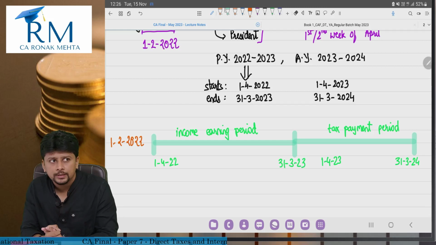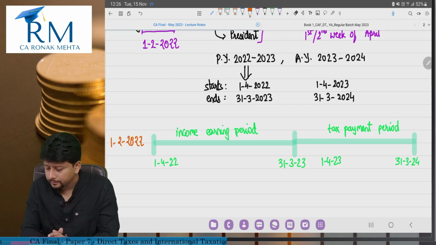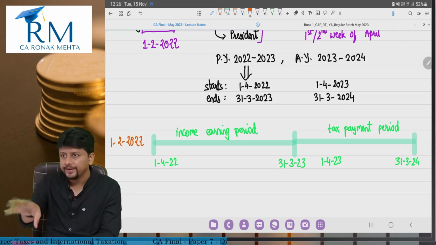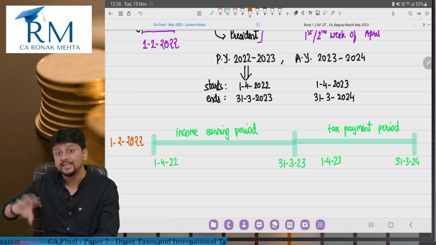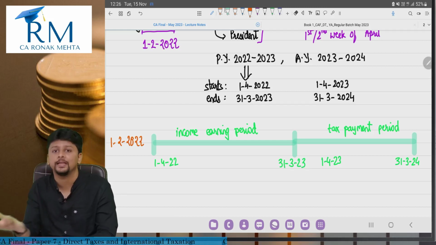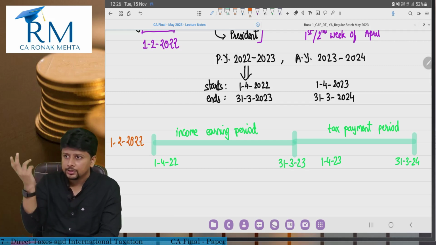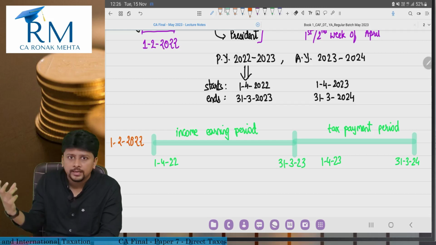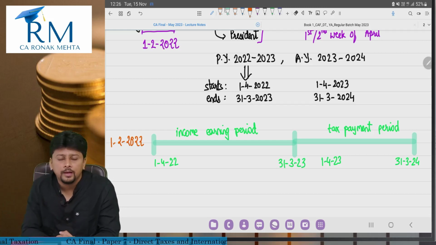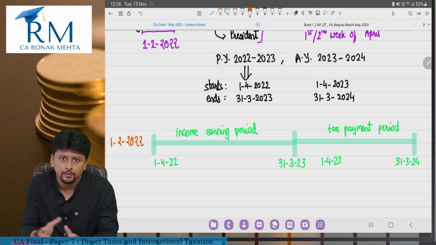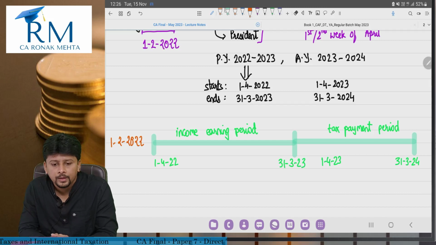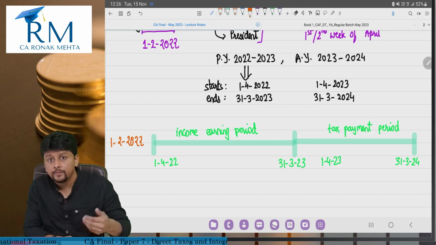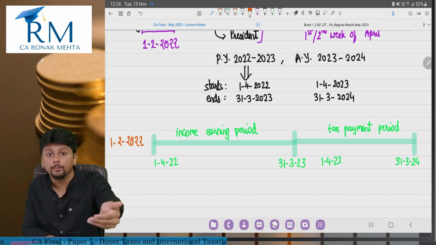CA Inter students, I generally give this stupid type of technique to tell them, see, what is your previous year? 22-23, so it is Finance Act 22. If your previous year is 21-22, it is Finance Act 21. Just to make the student memorize, I give this technique. Actually this is the logic behind it, that if it is Finance Act 22, it is for the upcoming previous